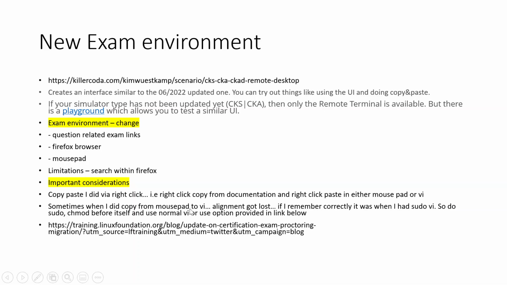Sometimes when I copied from the mouse pad to vi, the alignment got lost. If I remember correctly, I had done sudo vi. So that time I had problems. So what you can do is